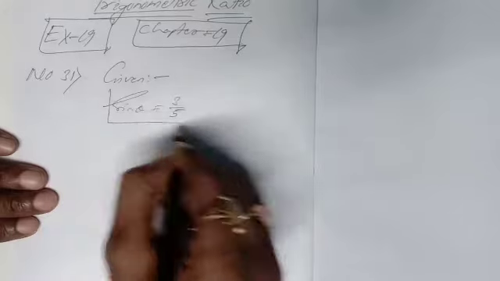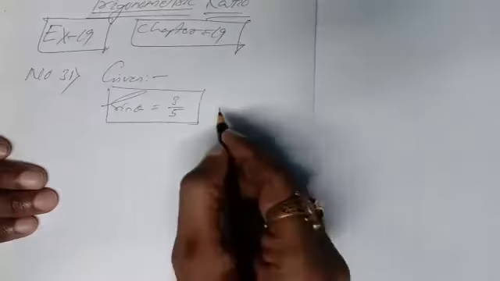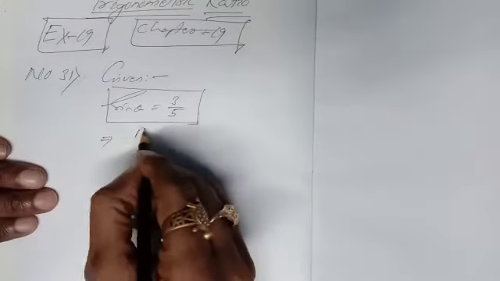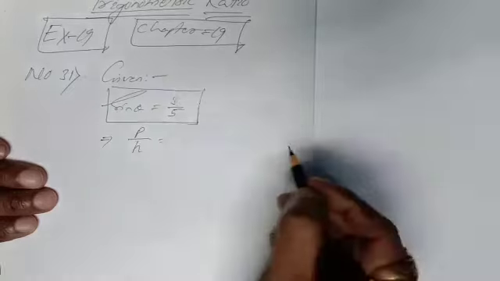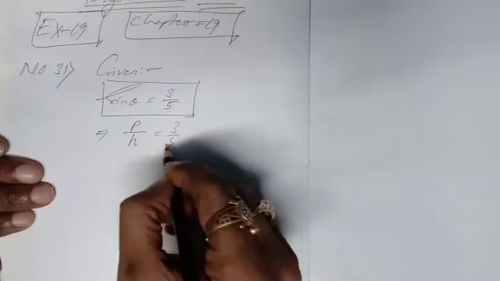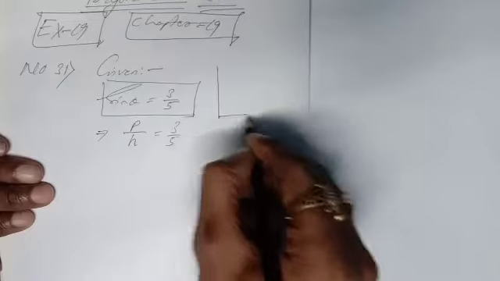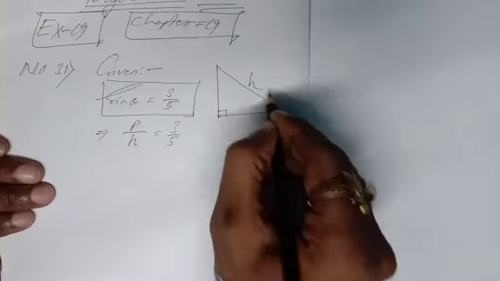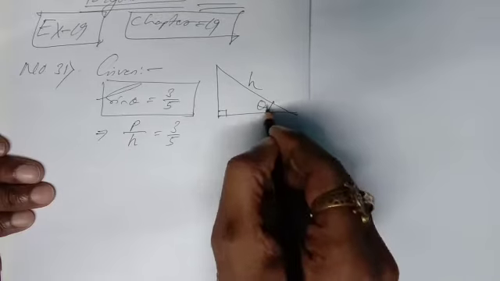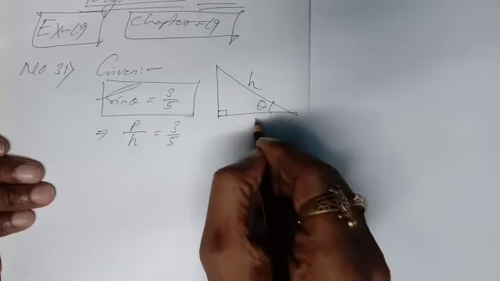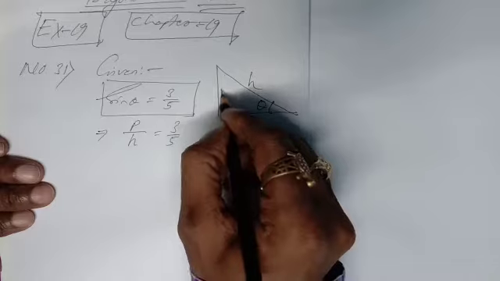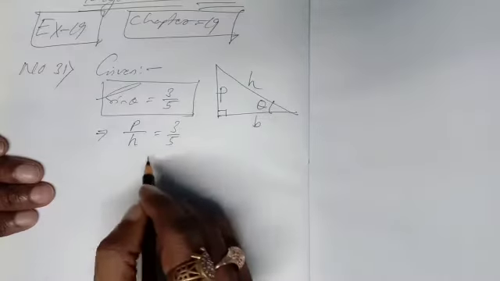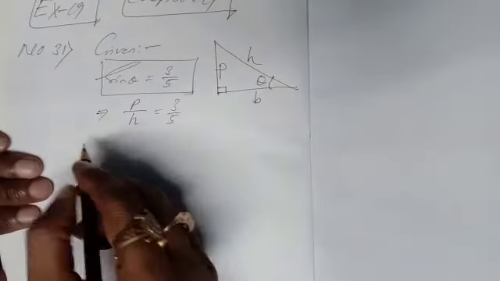What is given here? Sin theta is equal to 3 by 5. As you know, sin theta means P by H, perpendicular by hypotenuse, which is equal to 3 by 5. For your convenience, draw a right angle triangle. This is a right angle triangle, 90 degree. Front side is hypotenuse. Let this angle be theta. Theta angle adjacent side will be base. Front side is perpendicular. Sin theta is P by H, that is 3 by 5.